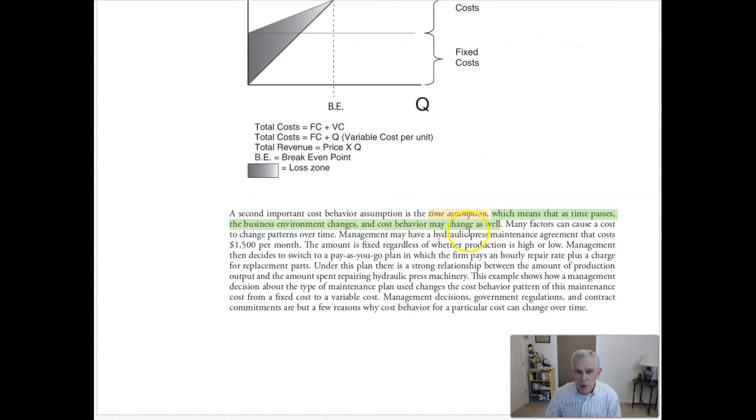The time assumption as well. If you take your economics courses, the economists will say, well, in the long run, all costs are variable. And I guess that's true. In the long run, what you thought were fixed costs, you have to increase those, or they go to 0 if the company goes bankrupt or whatever. So we're looking at the time assumption that within the relevant range, we're saying the ranges are units and time.